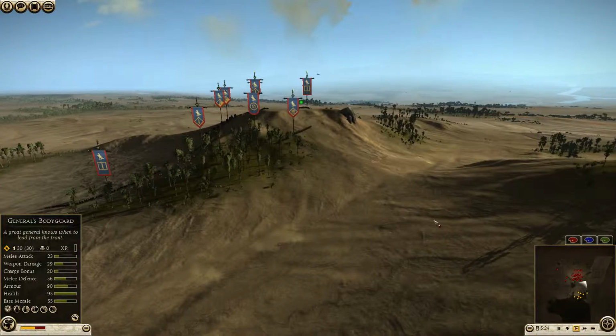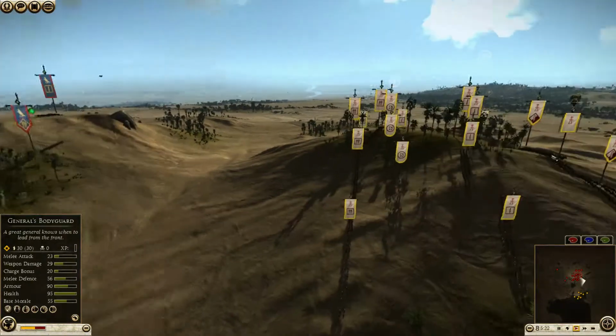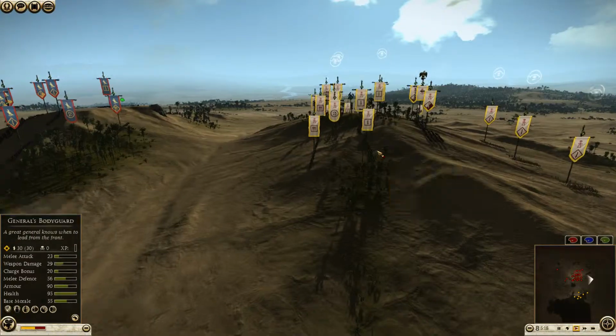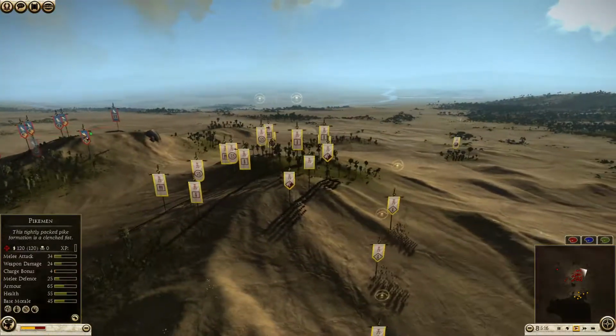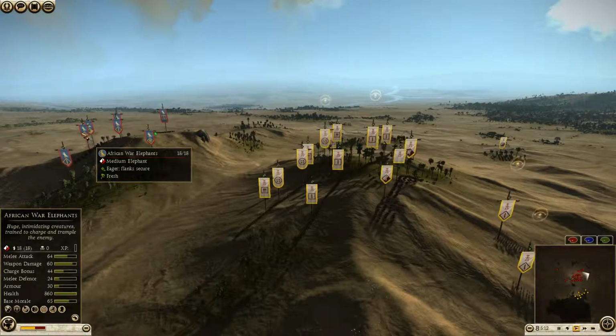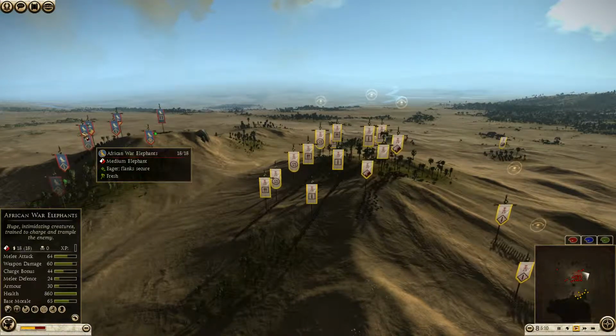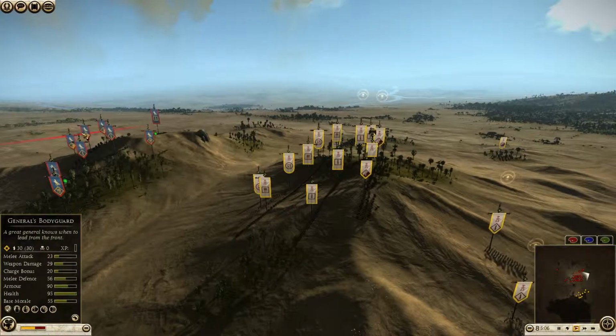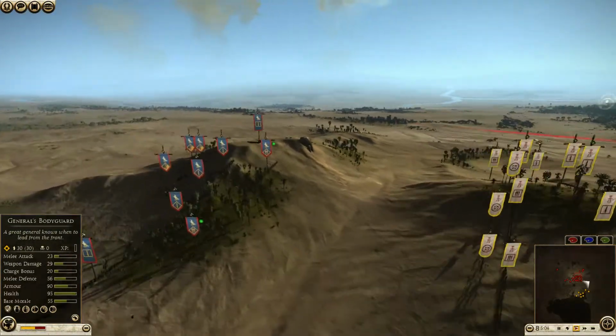Now, like I usually say about pikes, offensively they are rubbish. They can hold the line and that's about it. If pikes are going to get kills, they need to basically get charged, and very few people are stupid enough to charge